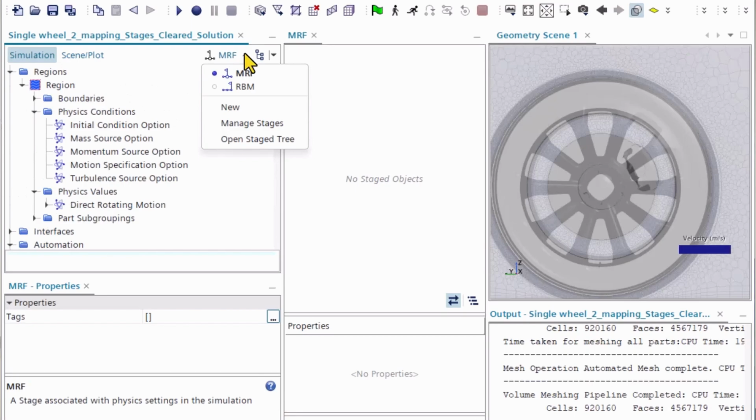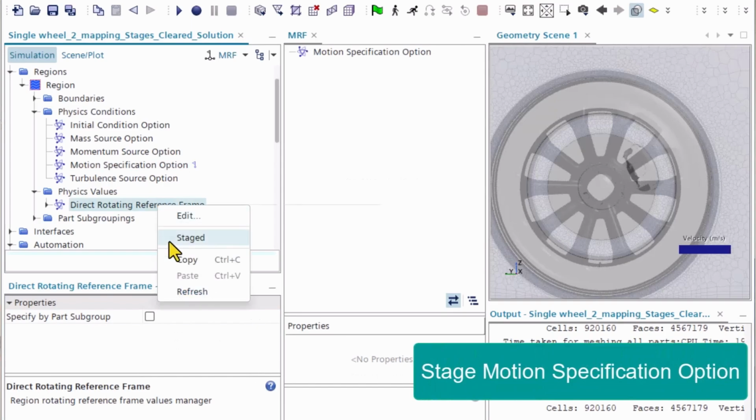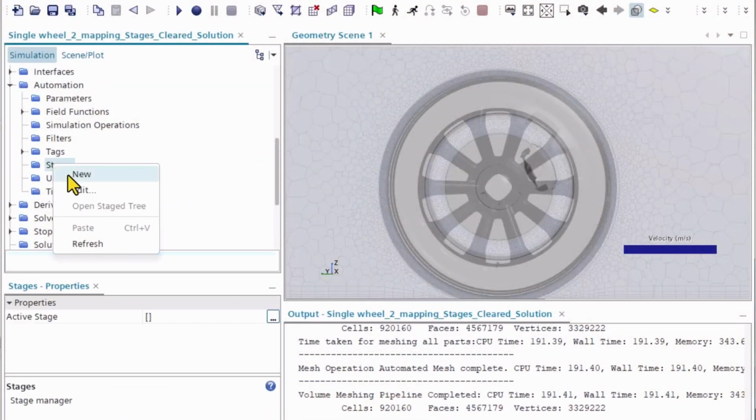The third very important functionality that has been enabled with stages in 2502 is also motion, which has been a highly requested feature from our customers that is now available in the release version, and essentially allows customers to switch from a moving reference frame, MRF, to a rigid body motion, which is an extremely common workflow in automotive, again, when you have rotating rims, but all kinds of complex simulations where you have a rotating part where in a certain part of the workflow you want this to be modeled as a moving reference frame, and in a subsequent stage switch to rigid body motion.